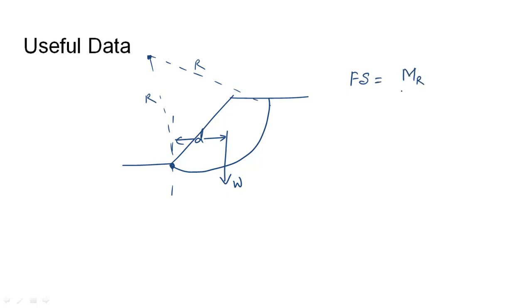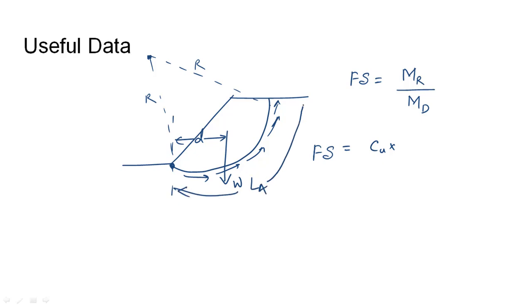So in order to find the factor of safety of this slope, we need to first find the resisting moment and then divide it by the displacing moment. The resisting moment in this case is created by the cohesion of the soil. So that is given as undrained cohesion into the length of this whole arc. So this whole arc is taken as LA. So Cu into LA. This is the force, and since we need to convert it to moment, we take its distance from this point, that is R. This is divided by the displacing moment, that is given by W into D.